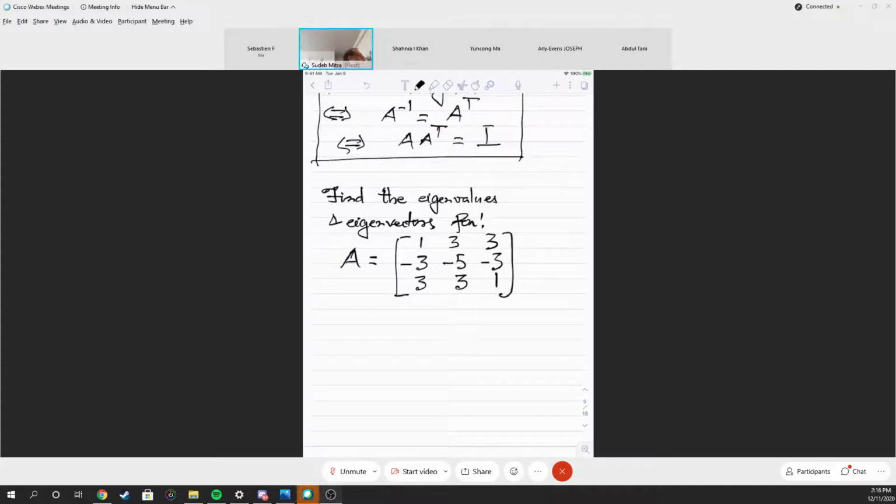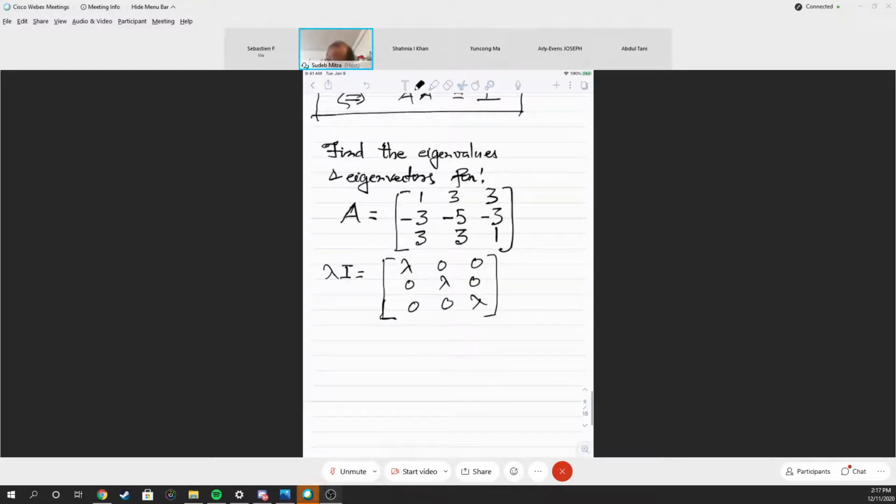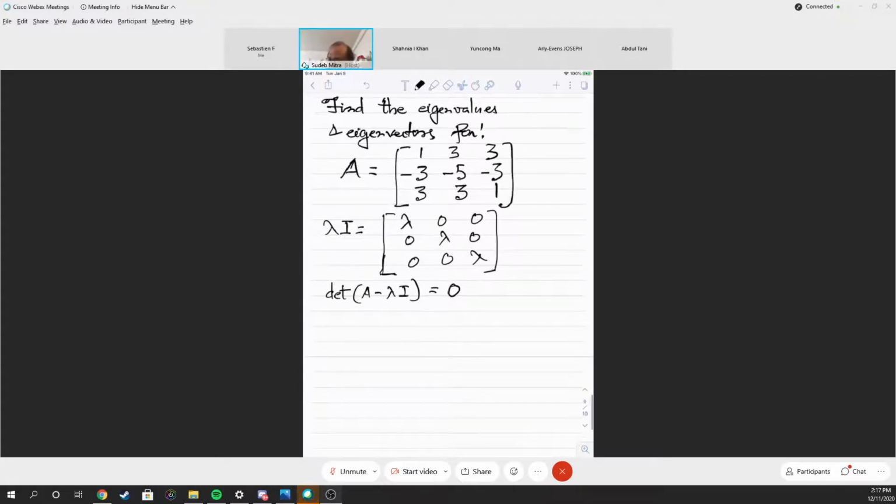Okay, so what were the eigenvectors? So you see, what is lambda I? Lambda, 0, 0, 0, lambda, 0, 0, 0, lambda. So the characteristic equation is determinant of A minus lambda I is 0. So that implies